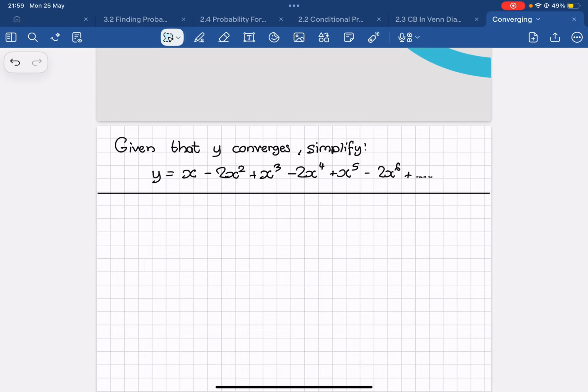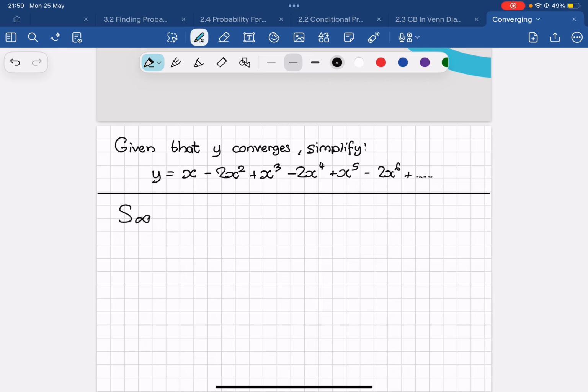Just before we start, I just want to give the formula, let's write it down, of a sum that converges. And that is a, where a is the first term, over 1 minus r. So that's for people like you, Arden. So if we go on